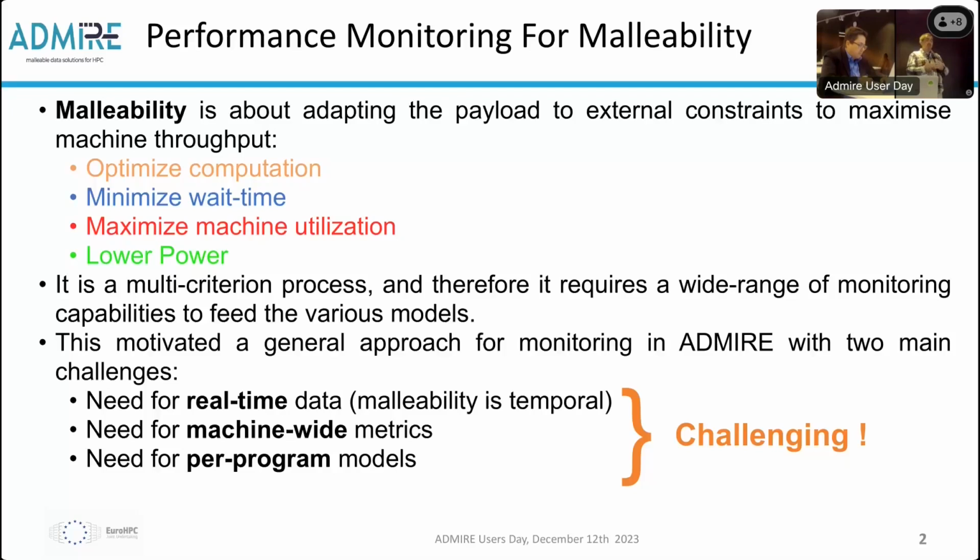And also, last case, as I will further illustrate in the presentation, we want to have a model for each program, meaning we want to track the various executions and quantify how they run and how they behave on the machine in order to generate a corresponding performance model. Overall, we have all the dimensions, so we need to keep all the dimensions. This is why I've put this challenging flag: we need to measure in a relatively verbose manner.